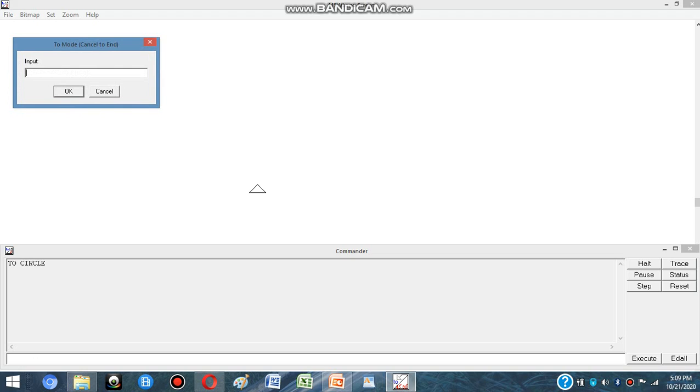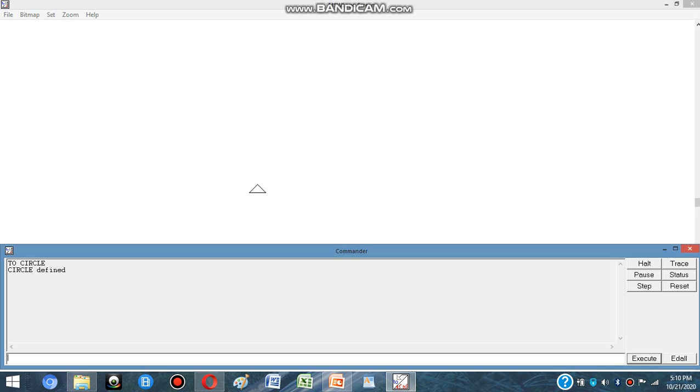Now the next, last input will be END, which tells the computer that the commands for the procedure are over. And as soon as I press enter, I get a message: circle defined. It means my procedure with the name circle is defined now.